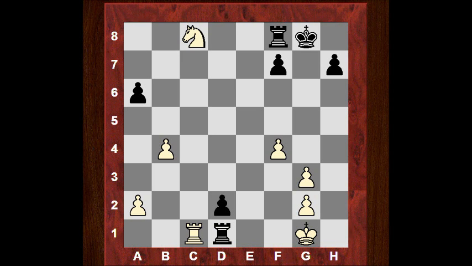So e takes, rook takes c8. The black pawns are eliminated, leaving white with two pawns up. But you might say, well, these are doubled. But the thing is, the 2-to-1 here is quite decisive in itself. Black tried here rook c3,